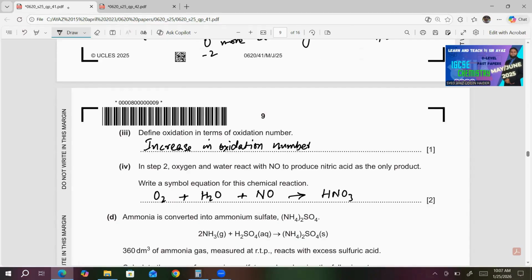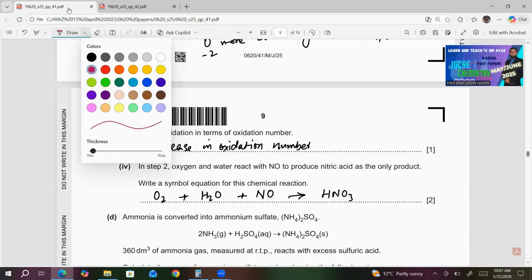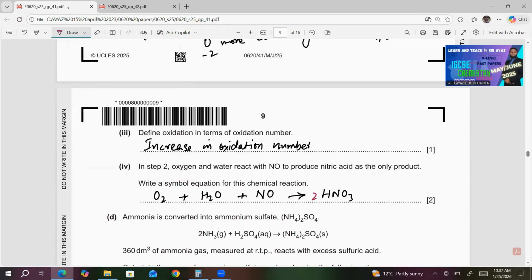Now let's balance this equation. Let's balance hydrogen first. Hydrogen is 2 on the left hand side and 1 on the right hand side. So if I place 2 before HNO3, will it balance the other elements? No, nitrogen. I have to put 2 before NO. What about oxygen? 2 times 3 is 6. Now on the left hand side, 2 plus 1 is 3, 3 plus 2 is 5. You can't balance it